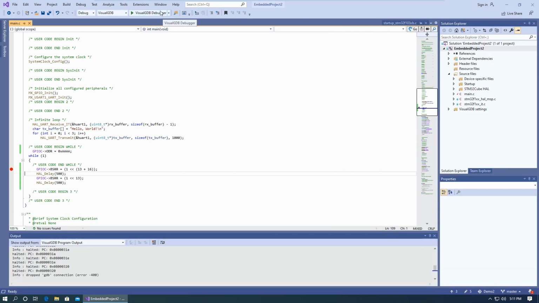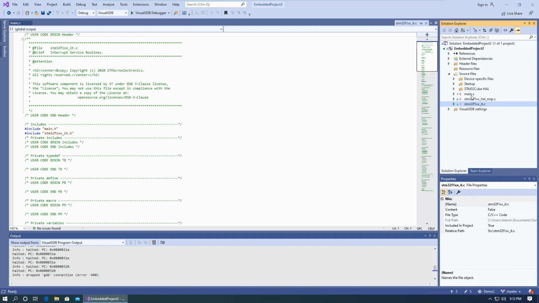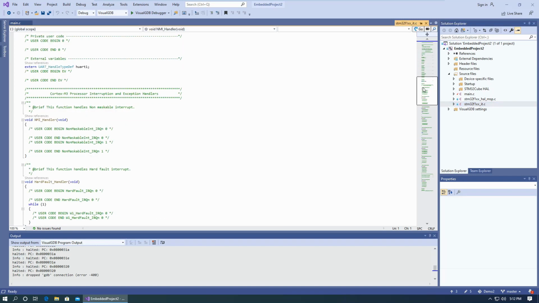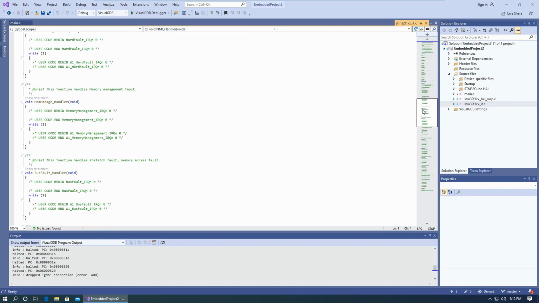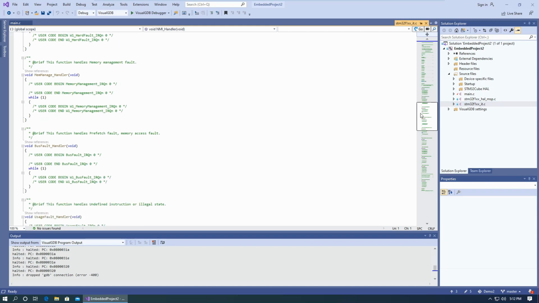And the final thing I'm going to do is we're going to go back to this interrupt, and we're going to use a real interrupt handler on this. And so part of what STM32CubeMX builds is this interrupt file right here. And so what you can do is you can go down and you can find your